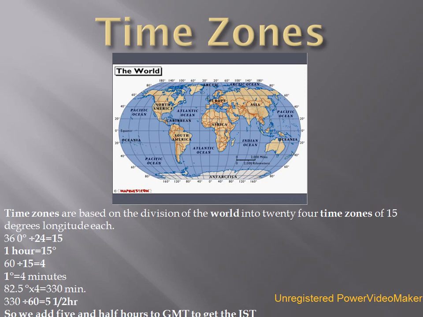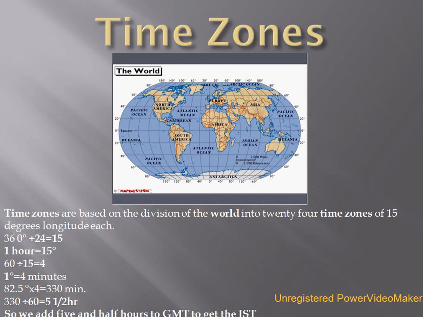Now let's take another example, of the Western Hemisphere. Let's take the 60-degree meridian. You will see that between 80 and 40 there is one meridian. Let's take this meridian, the 60-degree meridian. There is a place A on this 60-degree meridian. Now, how to calculate the time of this meridian? We all know that when we move towards the east, we gain time, and when we move towards the west, we lose time. So I will continue with the same example, a place on the 60-degree meridian.